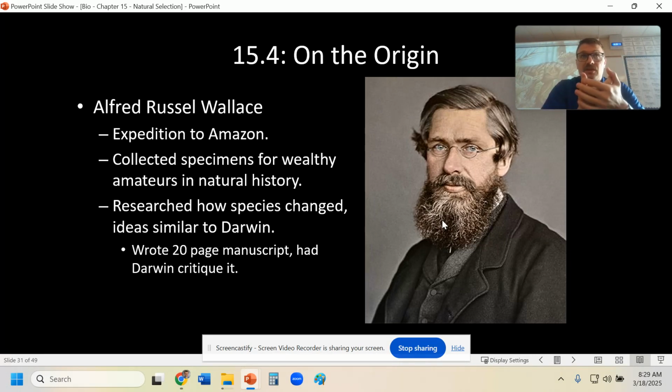Darwin really wanted to publish his work before Wallace did. You would think this would create a controversy, but Darwin and Wallace actually became really good friends, lifelong friends. Wallace gave credit to Darwin for coming to the theory of natural selection before he did. He even wrote a book and named it Darwinism, because of how profound and how much evidence Darwin had presented with his theory of natural selection.